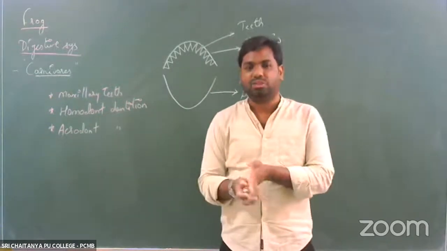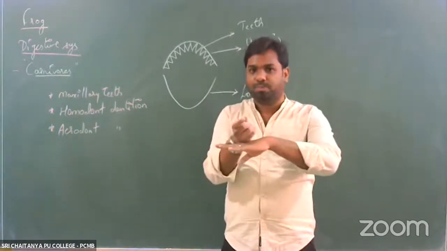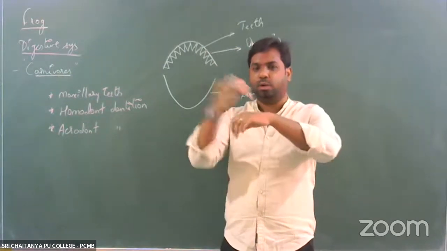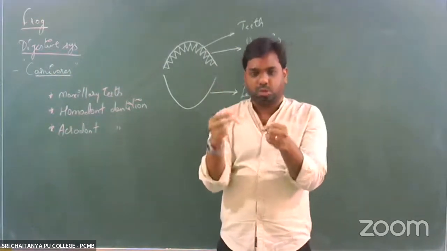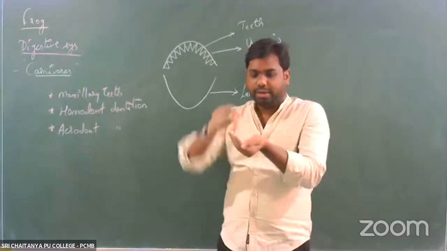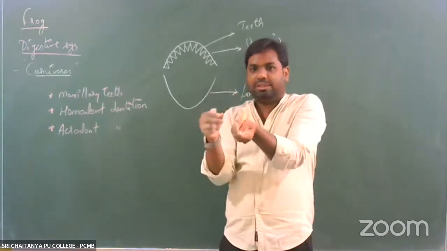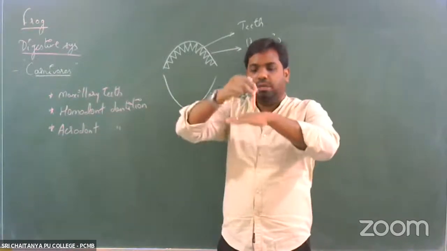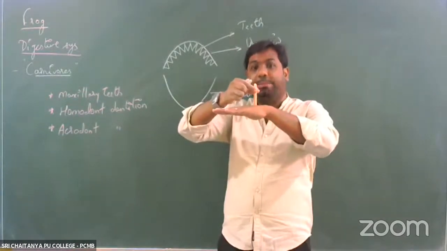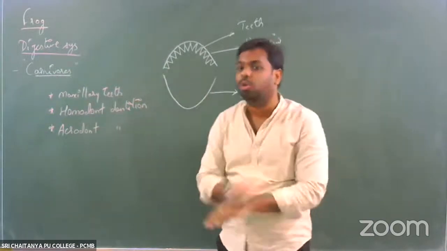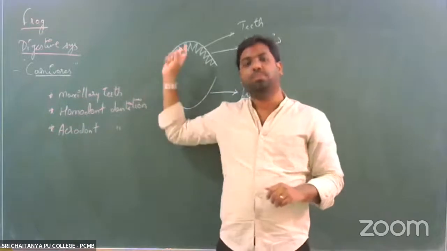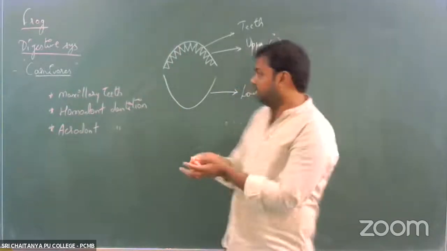So what does that actually mean? If this is the jaw bone, right, the teeth are superficially attached like this, so there are no sockets. If it were a socket type, inside the socket the teeth would be arranged like this. But since it is acrodont, this is the surface of the jawbone, and on the surface of the jawbone the teeth are placed like this. That is the acrodont dentition, where the teeth are superficially attached to the surface of the jawbone, which is the maxilla.